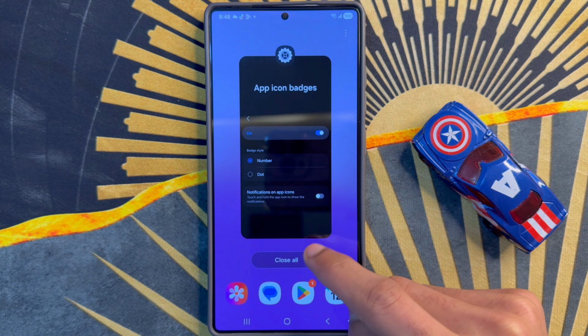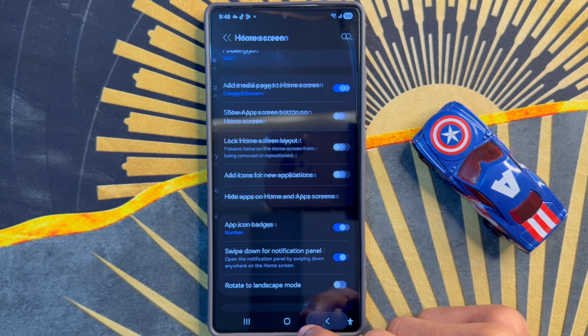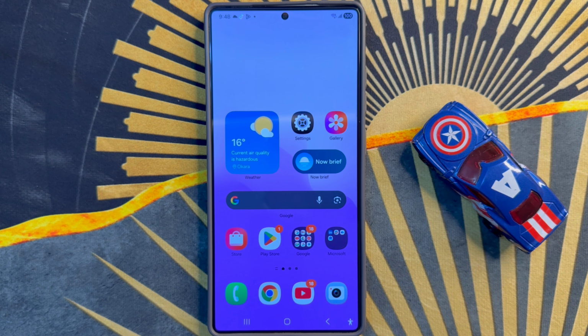After the process, go back to home screen, refresh phone. So that's how you can set app icon badges to show number and dot on Samsung